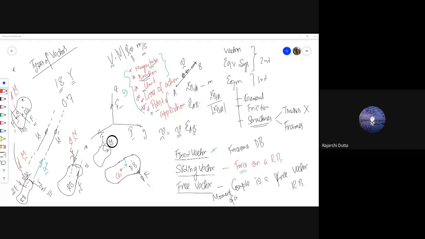The moment, one second, can I answer his question first? Okay, sir. So the exact location of application of a given force, or rather the line of action of a given force, would matter if that is a single force. But as soon as you have 2 forces of equal magnitude, opposite in direction, but non-collinear, that becomes a couple, and the sum of the moments due to these individual forces, which essentially is the couple moment,